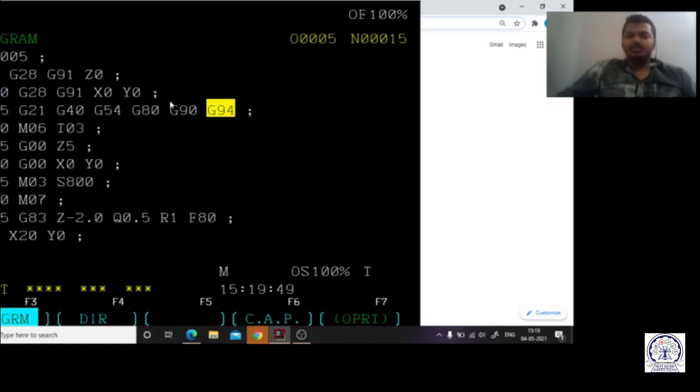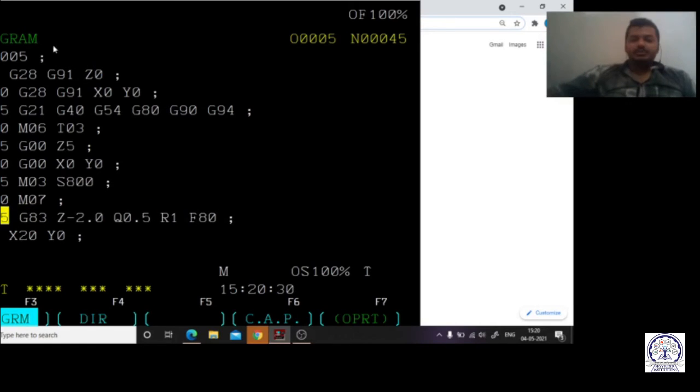Basically I am telling you the program in the Fanuc series, not any other series, but most of the commands will be the same. Next, here I have chosen the tool, as all of you can see, M06 T03. Tool number 3 I have chosen for the center drill. I have gone to the safety zone G00 Z5, so up to a specific height we are going to maintain. And here the first position of the drilling I am taking as X0, Y0, and here M03 S800. I have started the spindle rotation clockwise, and the spindle speed is 800 rpm. Then M07. After that we have written the peg drilling operation.